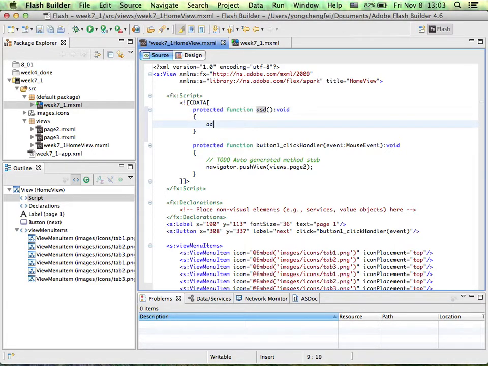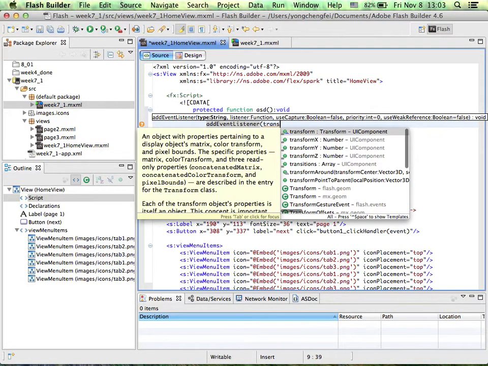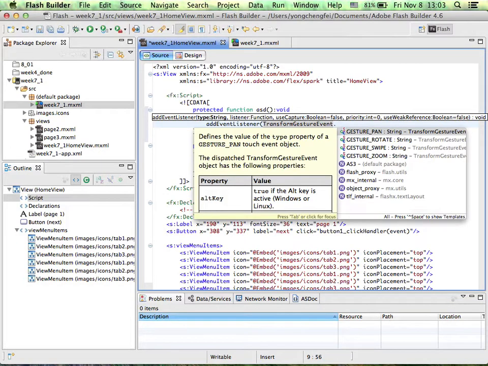I type add event listener, a transform gesture event dot. See what movement you want.